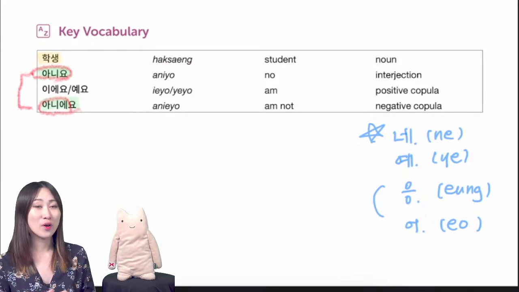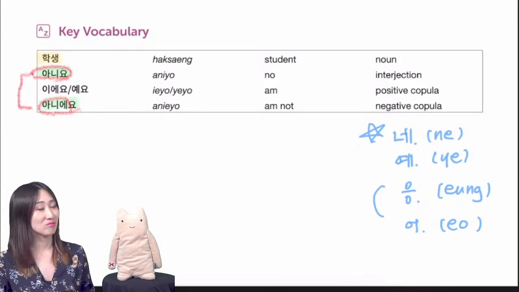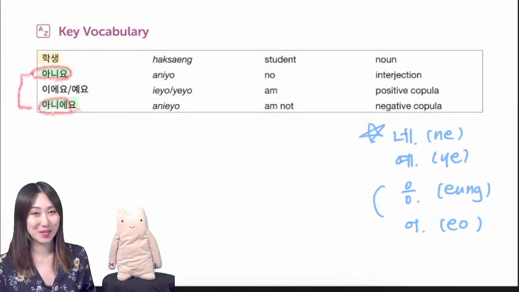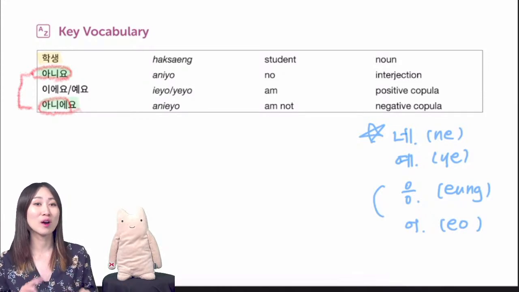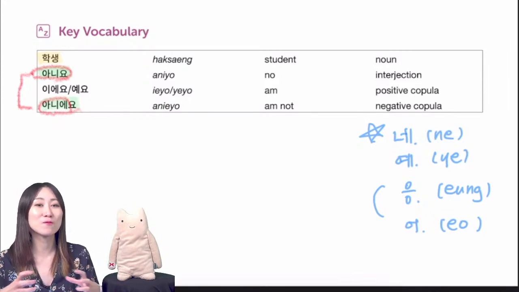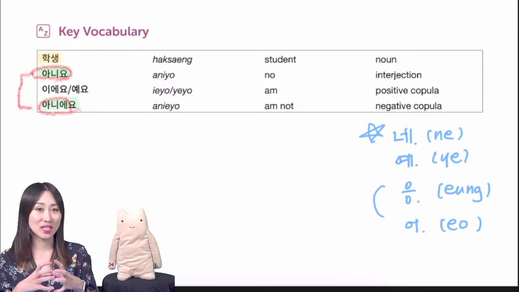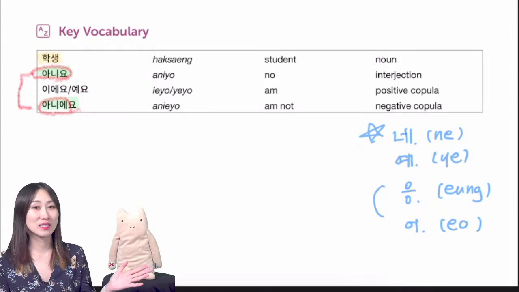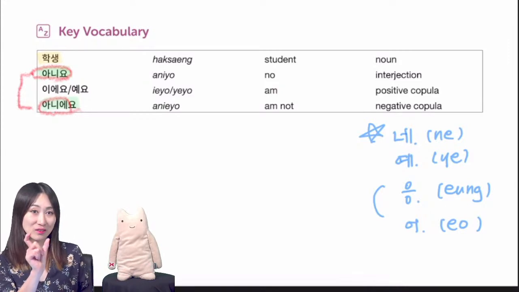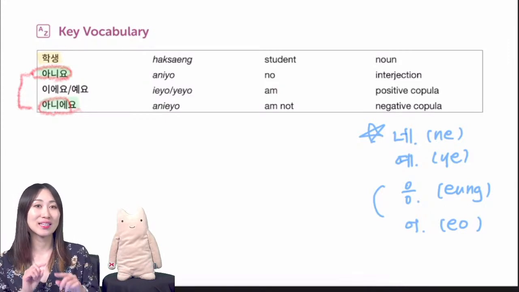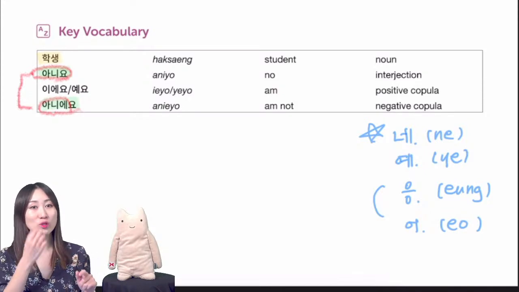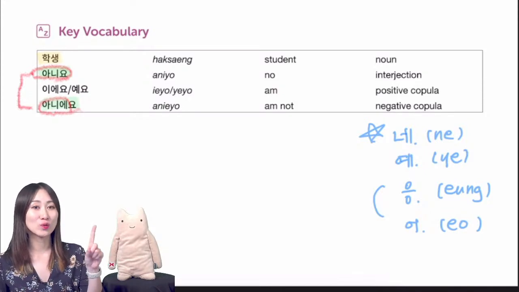But do you like pizza? Let's use the same example. Do you like pizza? 아니요. No. 아니에요 doesn't work because that's not true. So 아니에요 is a phrase. It's an expression. It's a sentence. 아니요 is a single word like nope. So 아니에요 and 아니요 are different. When you want to say no, please use 아니요.